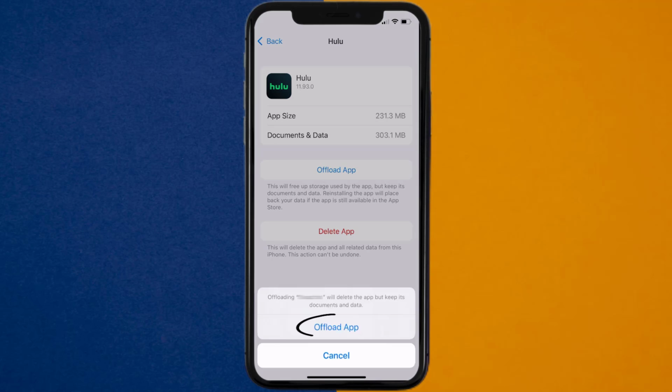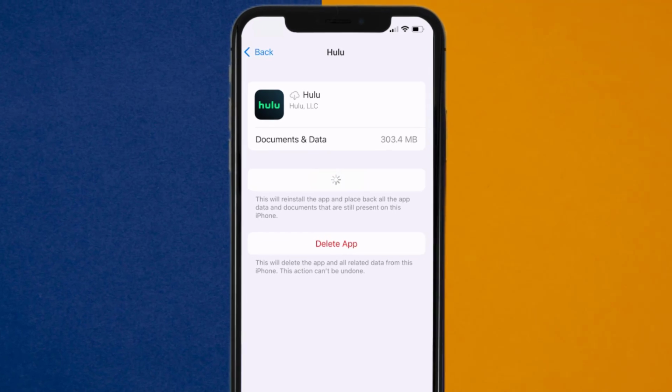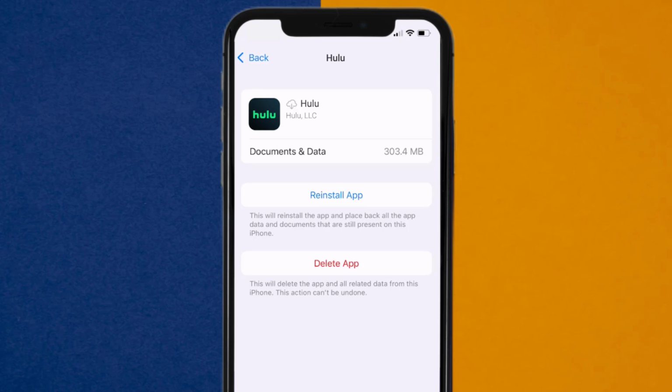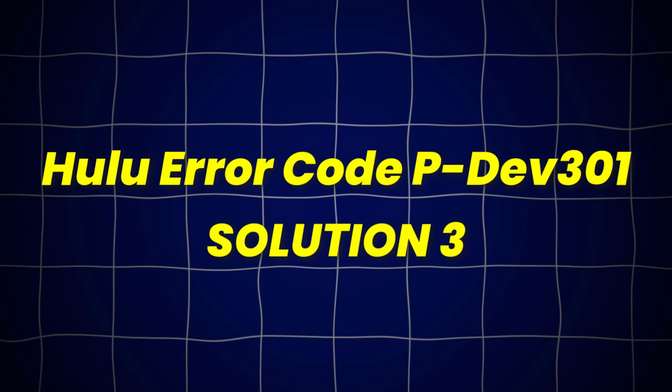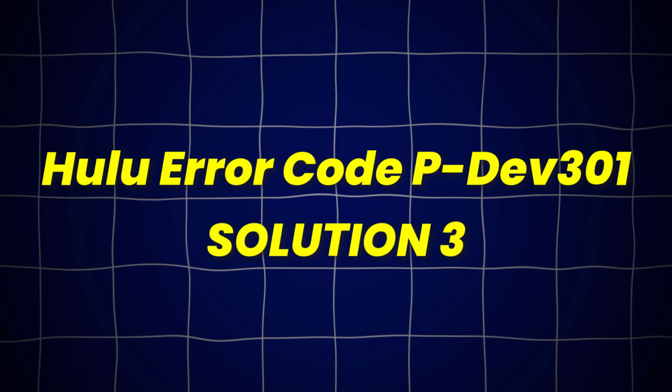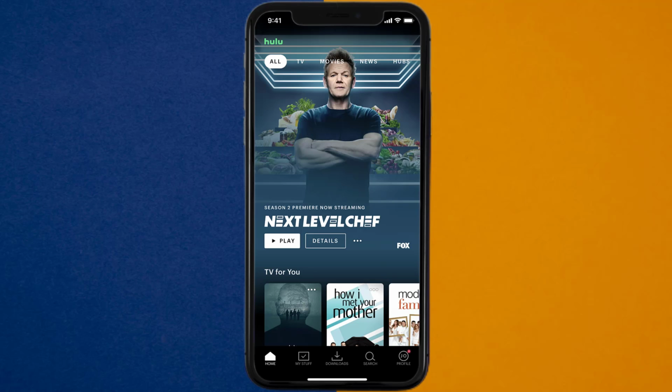Tap again to confirm. It'll take a bit for processing, and then a reinstall button will show up. Simply tap on it to reinstall the app. This should fix Hulu Error Code P-DEV301, but if it doesn't, then open up the Hulu app on your device